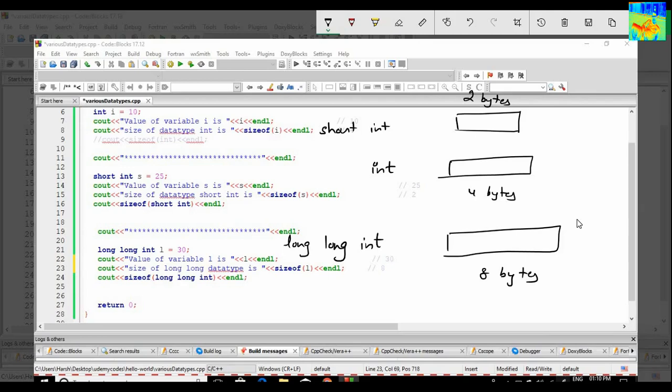Okay, so how big and how small integers I can store in short int? So basically we will see it in our upcoming videos. Similarly, how big and how small integers I can store in int, we will also see this in upcoming videos. And similarly, how big and how small integers we can store in long, we will also see it in upcoming videos. Okay, so basically just remember that here I am having 2 bytes of space, for int I am having 4 bytes of space, and for long I am having 8 bytes of space. And what minimum and what maximum value of integers I can store in these data types, we will see it in our upcoming videos.